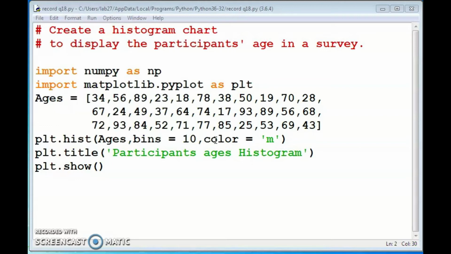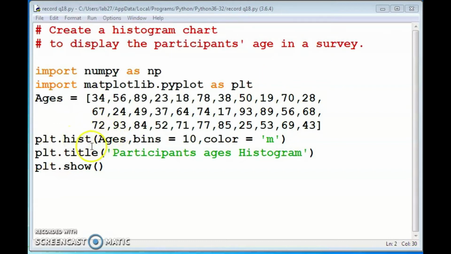It provides a visual interpretation of numerical data by showing the number of data points that fall within a specified range of values. The number of data points that fall within a specified range of values, that is known as bins.